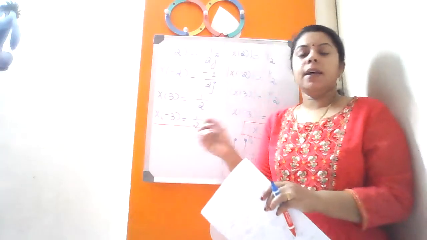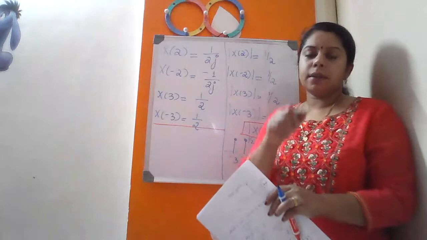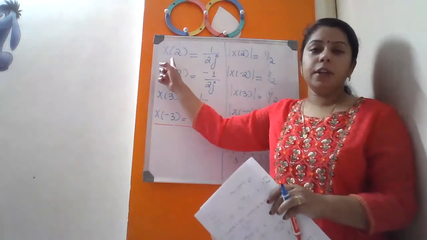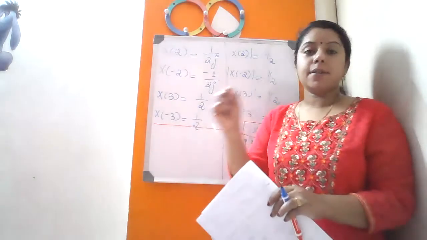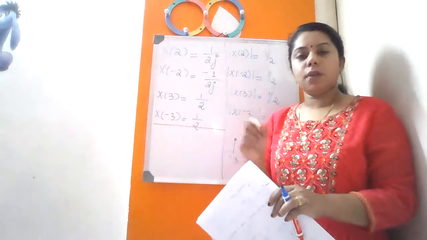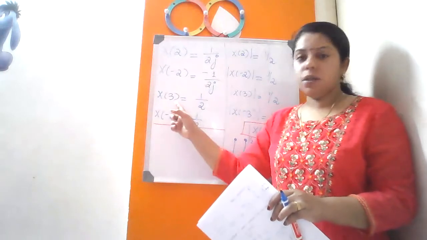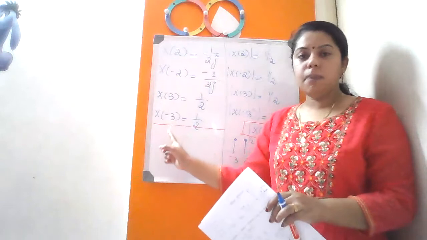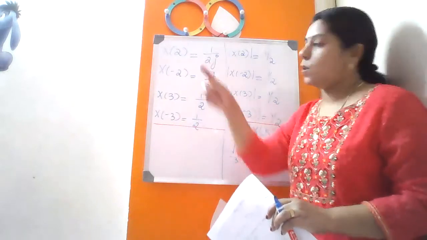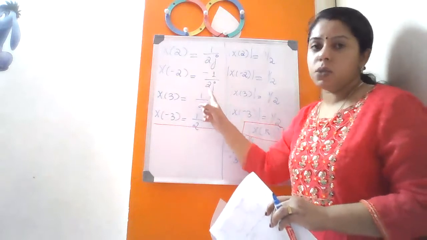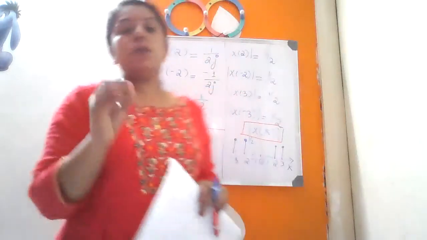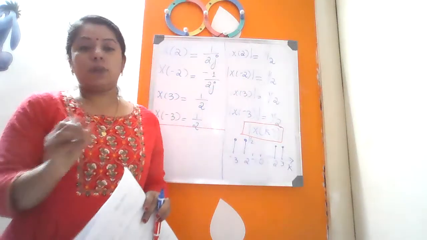So as we said, when we are comparing the expanded equation with the synthesis equation, we got the different values of x of k. That is x of k at plus 2, x of k at minus 2, x of k at plus 3 and minus 3. So what are the values I am getting? From the previous equation, I am getting 1 by 2j, minus 1 by 2j, 1 by 2 and 1 by 2. Okay, so these are my Fourier series coefficients.